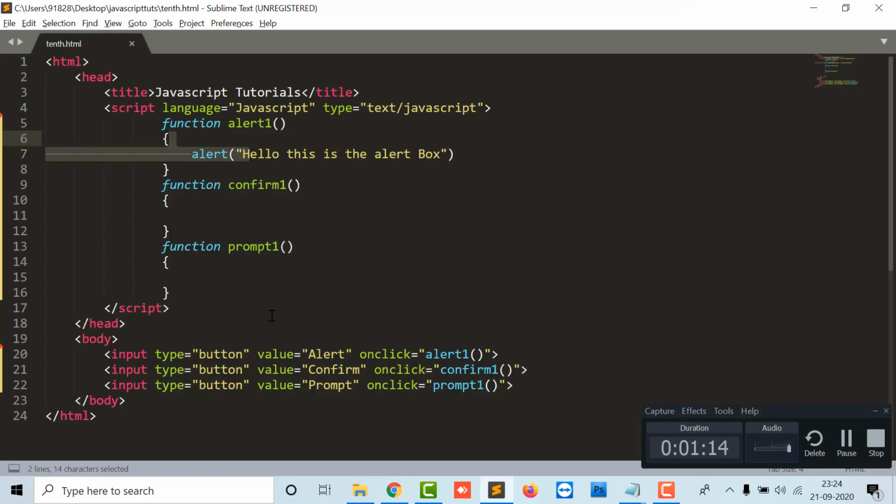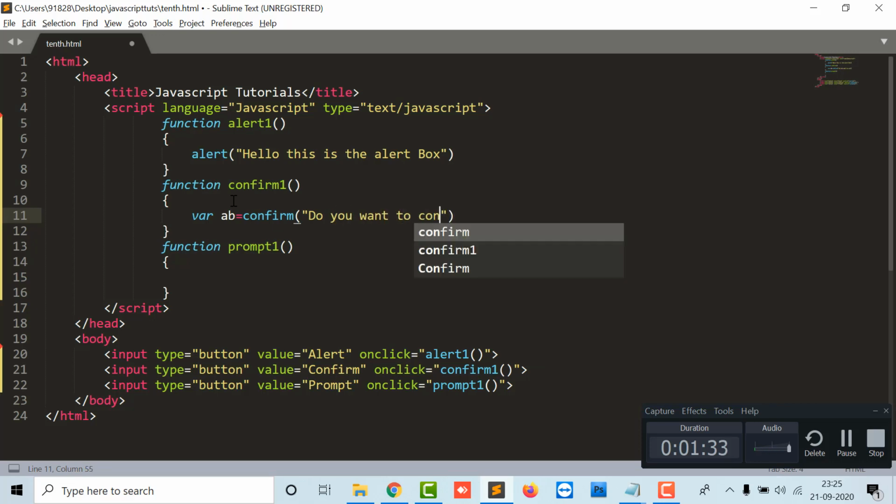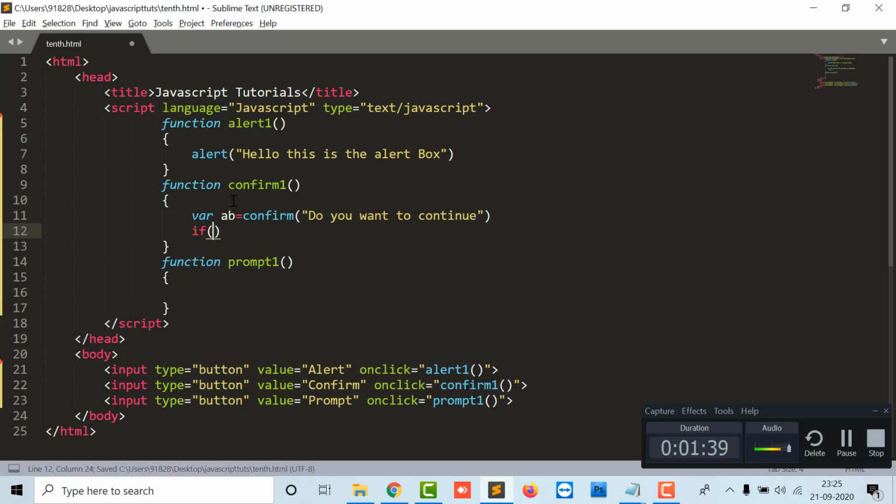So moving to the next part, the confirm button. For the confirm function, I can just have a variable AB, and confirm is an inbuilt function of JavaScript. I can write, do you want to continue? It will return a value.